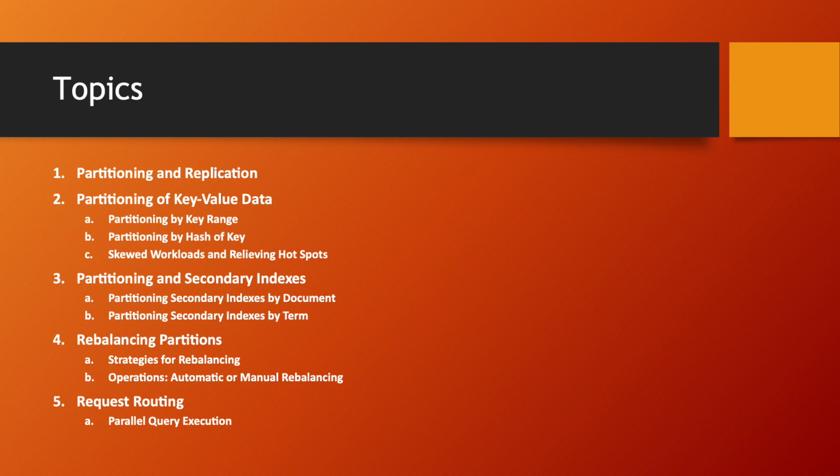The first is partitioning and replication. The second is partitioning by key value data. And we'll look at partitioning by key range, by hash of key, and skewed workloads and relieving hotspots. In the third topic, we'll look at partitioning and secondary indexes, and we'll cover partitioning secondary indexes by document, partitioning